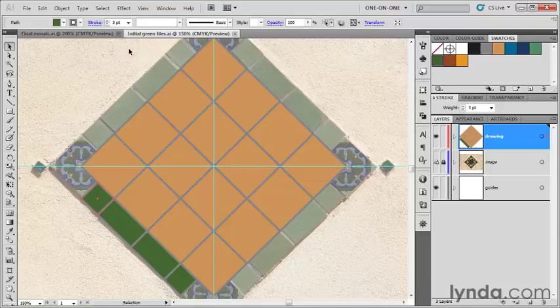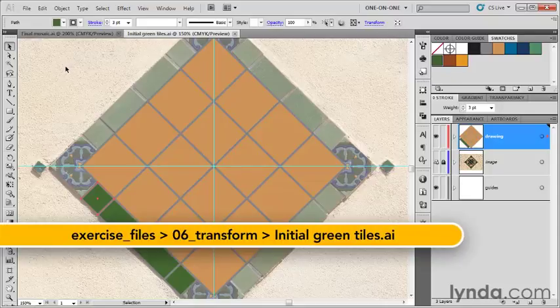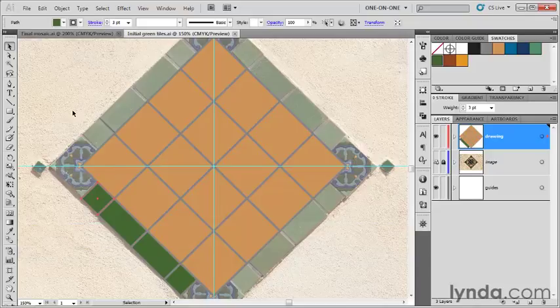I've saved my progress as initialgreentiles.ai found inside the 06 Transform folder. In this exercise, we're going to create a lighter green square tile in the left corner of this design. Then we're going to take all 5 of our green tiles and we're going to rotate them around the perimeter